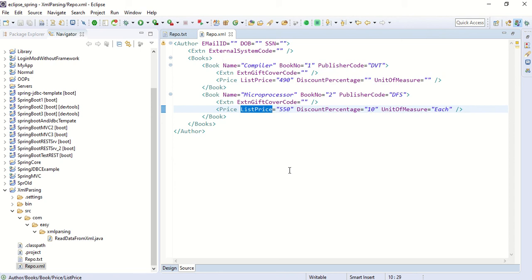That's the main thing. It's a tree structure, so you start from here, then go here, then here, and then here, and read this attribute. That's how we'll be reading it using the DOM parser, the DOM model.